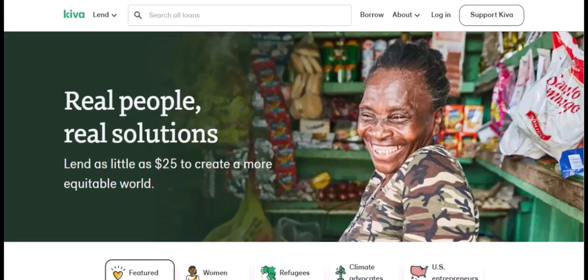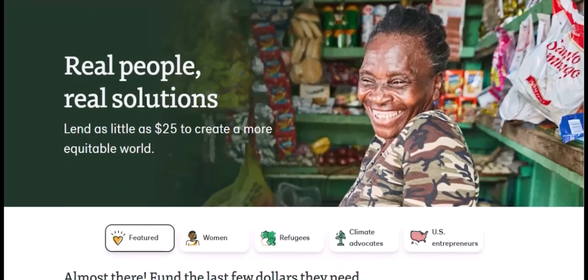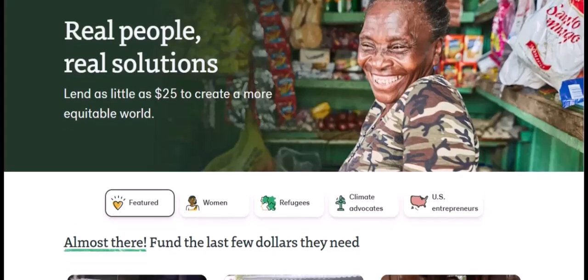Kiva's overall model works by having lenders contribute in US dollars to a loan listed on their website. Kiva then sends those US dollars to a local lending partner, often a microfinance institution, in the borrower's country. The lending partner converts the funds into the local currency and disburses the loan to the entrepreneur. The borrower repays the loan in their local currency to the lending partner. The lending partner then converts the local currency back into US dollars to send to Kiva, which is then repaid